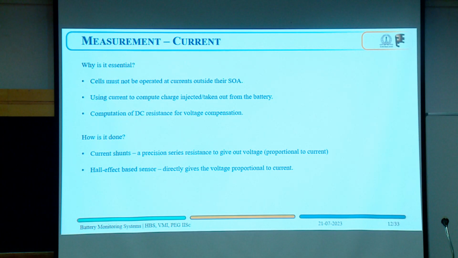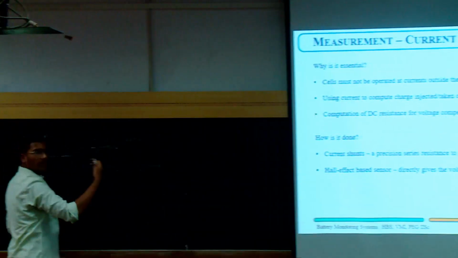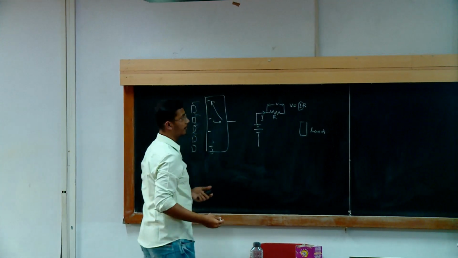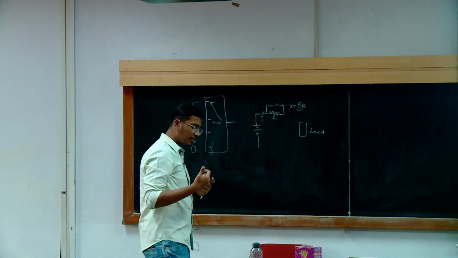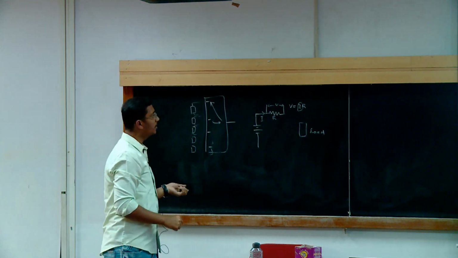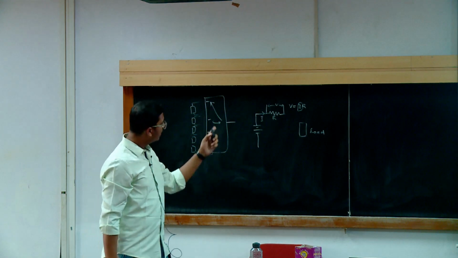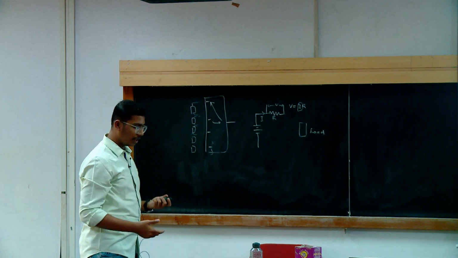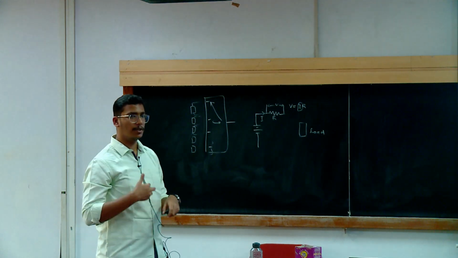If I want to know my current, I can measure the voltage across it, and it will be given by a simple relation. Now I know my voltage, this is what I am sensing. The resistance I know because I have used the precision resistor, so I can find out my current. It is called a current shunt because you place it in series with the current path. That's how the current is measured using current shunts, and it gives a voltage proportional to the current. And then we have direct transducers like Hall effect based sensors, which directly give a voltage